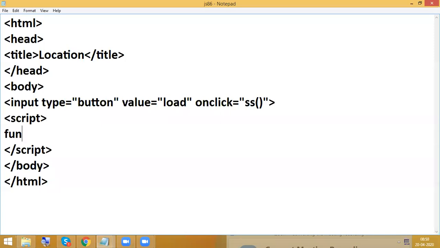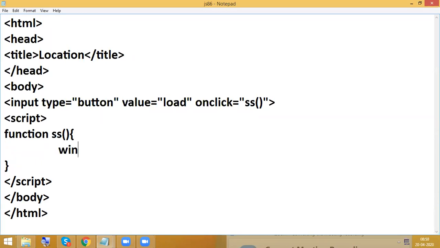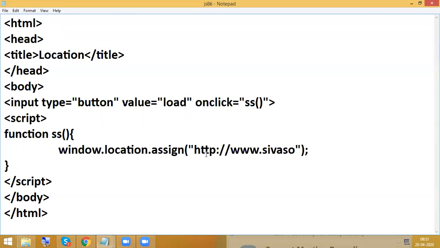Inside the ss function, I'm going to have a syntax called window.location.assign. Here I'm going to have whatever the path, so sivasoft.in. Now go and check.